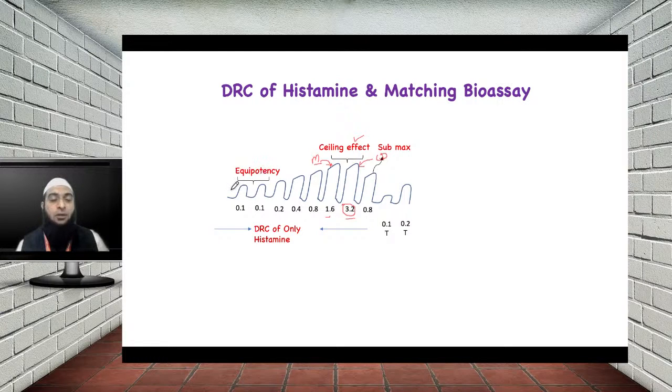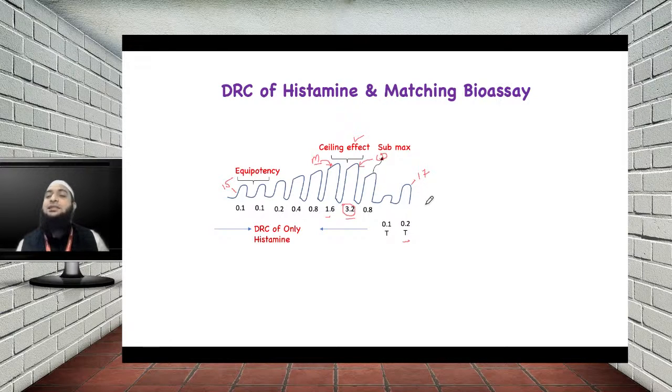Now the moment you select the response height which is bigger than 0.1 ml, suppose if the height is 15 mm, and if it is coming to 17 mm, it means it is bigger, right? Because this is the 17 and this is the 15 mm. So now you have already selected the dose of the test. So if needed, then you can repeat again 0.2 ml of the test,